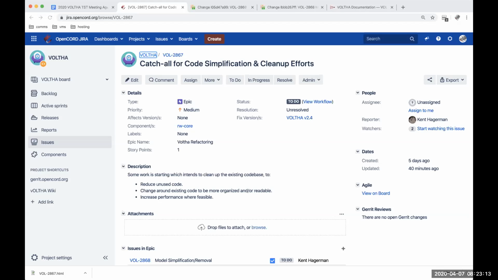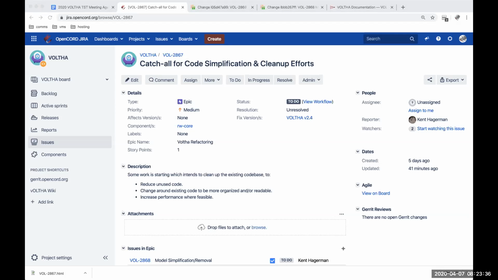So Kent, would looking into the Kafka inter-container bus be under the radar of your simplification effort? I know people have talked about refactoring that or removing it or changing it to gRPC, although that would be a large API change.